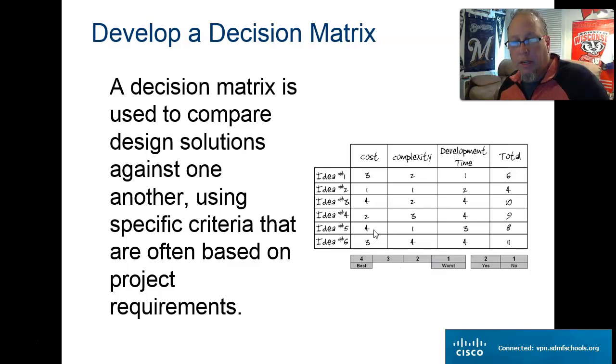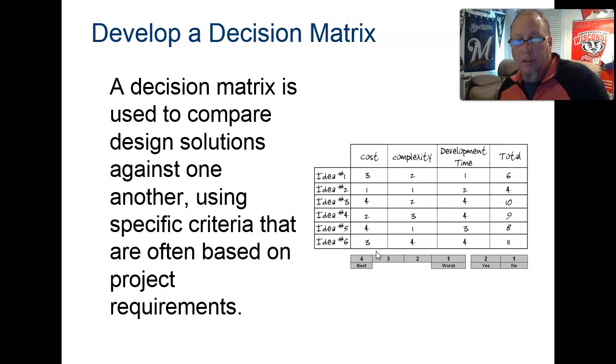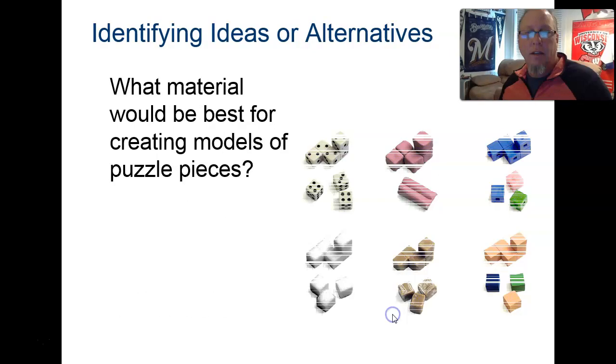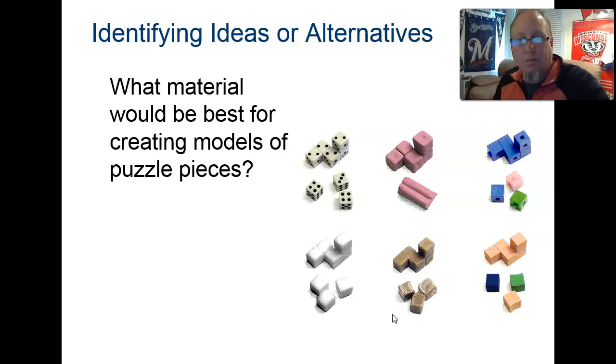Then what you do is you'd rank your candidates for the job based on their professionalism, how prepared they were, what their knowledge base was, whatever your criteria were across the top. And then you just add these up. 4 plus 2 plus 4 is 10. So in this case, this one down here that has a total of 11, whatever candidate number 6 was, they would be the person that we would go with for the job because they had the highest rating out of everybody. So let's go into the rest of this presentation